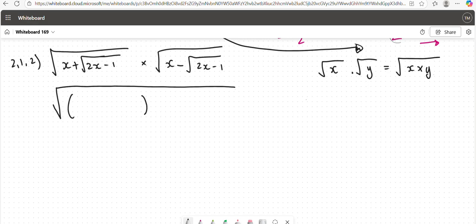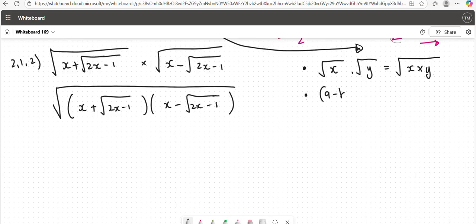And then I'm going to do these two brackets. Inside of that bracket, we have this x plus the root of 2x minus 1 with the x minus the root of 2x minus 1. So at this point, I could FOIL out that one. But another thing I'm going to remember, with all these exam papers, you need to remember all your rules, is that if I have a bracket that says a minus b and an a plus b,